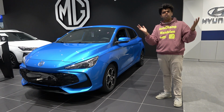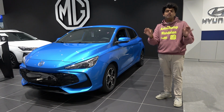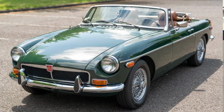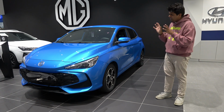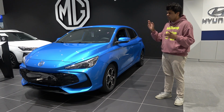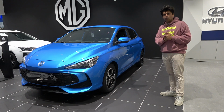What has MG done? It's clearly and painfully obvious they have no intention of going back to the British heritage, where they actually built nice little coupes that one could drive in the countryside. This was back in the 1970s. Now, as of lately, MG has developed an obsession with crossover SUVs that are electric or hybrid. Now over here we have a hybrid B-segment car which costs only